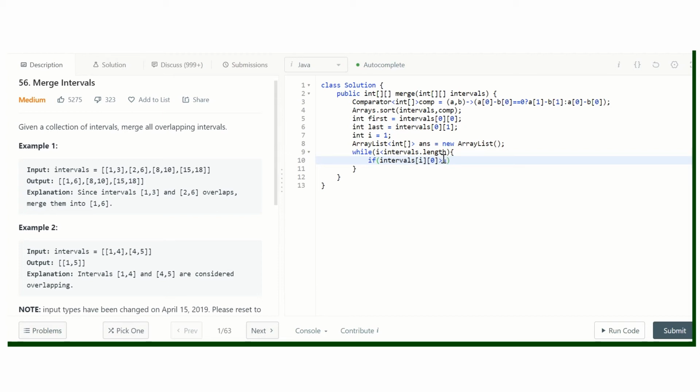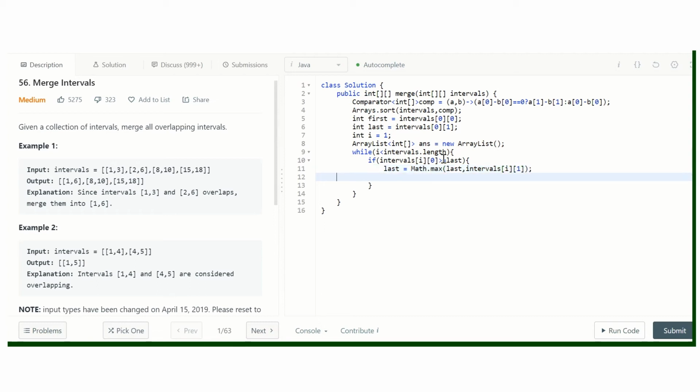So we'll need to check that. And in this case we need to modify the last actually. So in this case, last is going to be the maximum of both, the current last and the last of the interval we are considering.